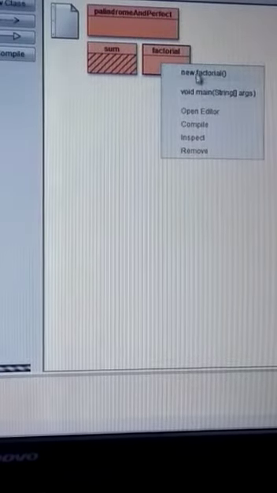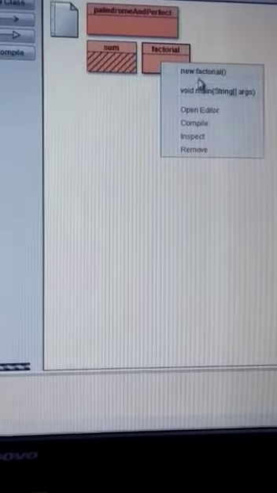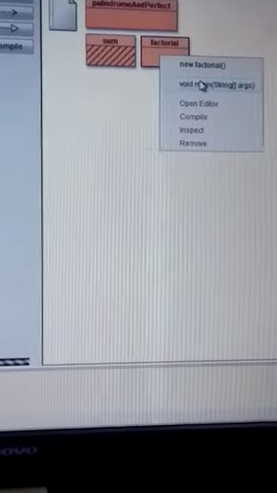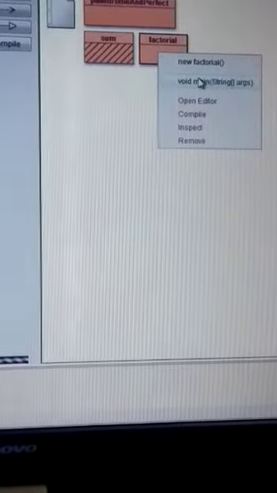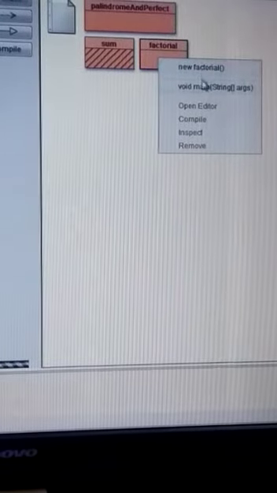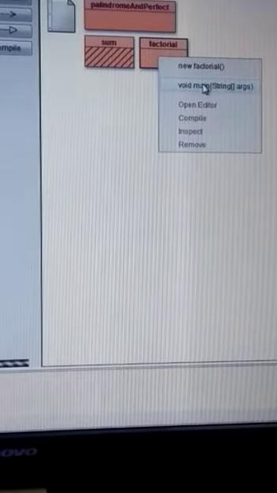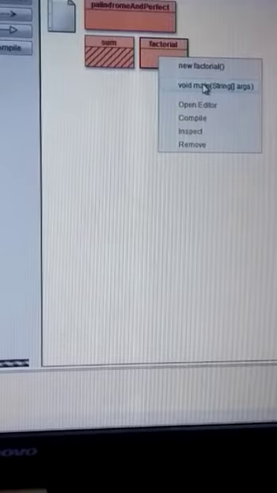When we right click on the class, we will see over here again we have two types of finding the output. It depends on you. In the earlier video I told you how we pass the value. It depends on you whether you create the object and then pass the value, or with the help of void main you can directly enter the value on the terminal window. This time we are doing it with the help of the terminal window, the void main function.